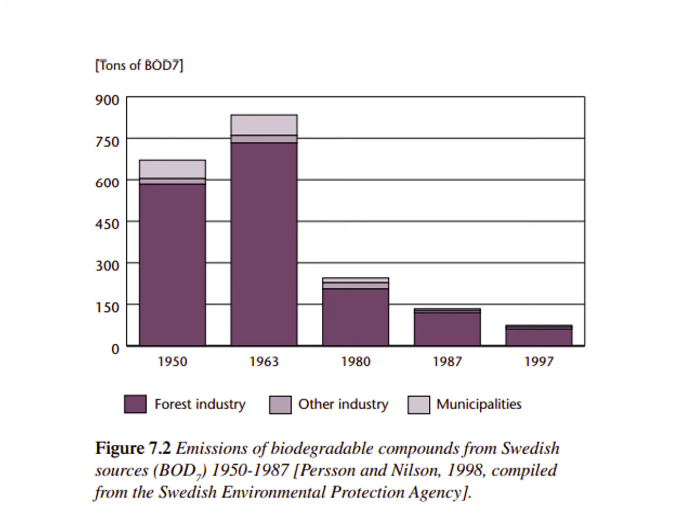From 1950 to 1997, you can see a change in the emissions, and gradually the BOD emissions have reduced. And what is the reason? Emissions of biodegradable compounds. So this is because of the integration of the sources from domestic wastewater being used by industry,